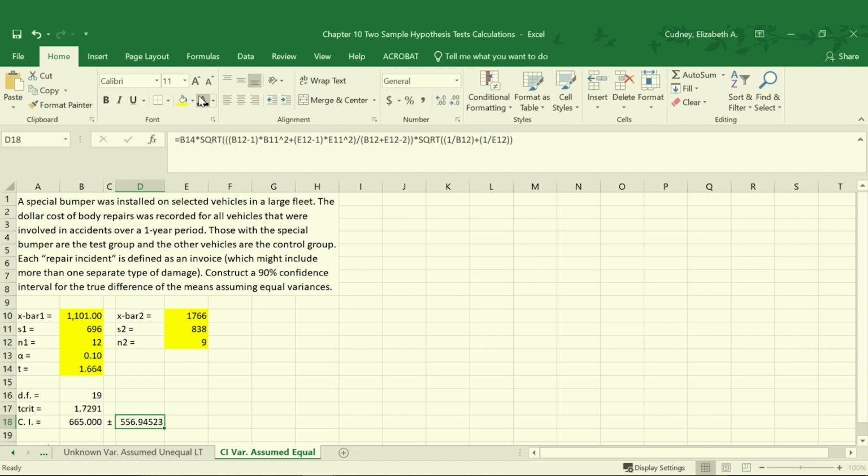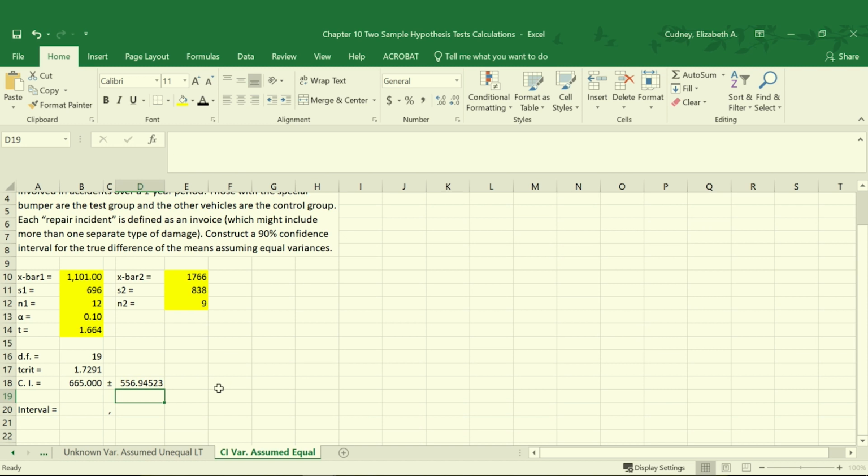And then our calculation for the plus or minus portion would be B14, our t value, times the square root of B12, our sample size from sample 1, minus 1, times B11, which is our standard deviation squared to get our variance, plus E12, which is our sample size from sample 2, minus 1, times E11, our standard deviation squared to give us our variance, divided by B12, our sample size of 1, plus E12, our sample size from sample 2, minus 2, multiplied by the square root of 1 over B12, our sample size, plus 1 over E12, our sample size from sample 2. So that gives us a value of